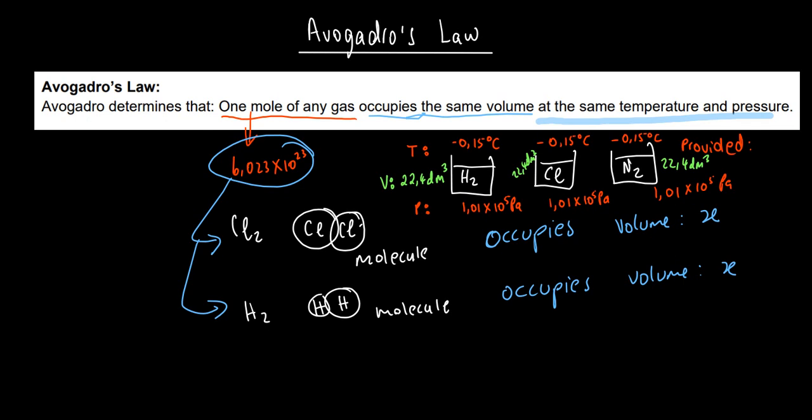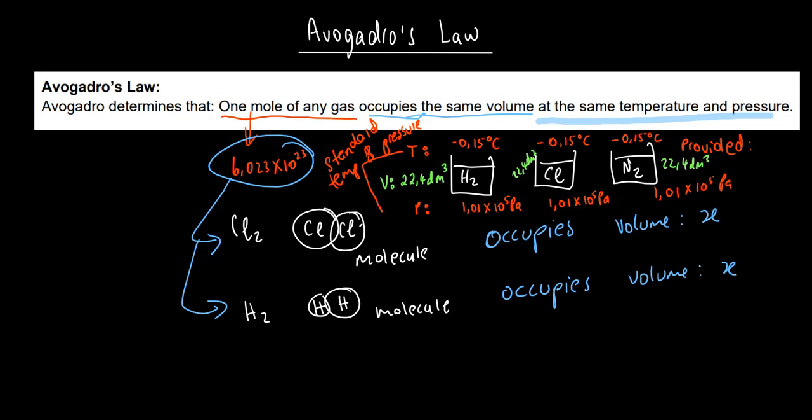Then we give this temperature and pressure a special name. We then call them standard temperature and pressure. So at standard temperature and pressure, 1 mole of any gas is going to occupy 22.4 decimeter cubed, which tells us